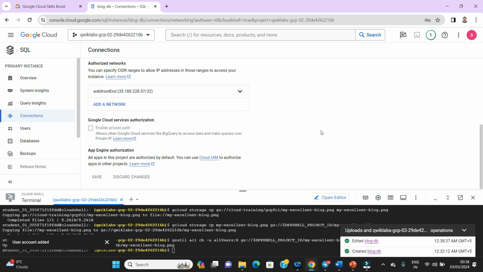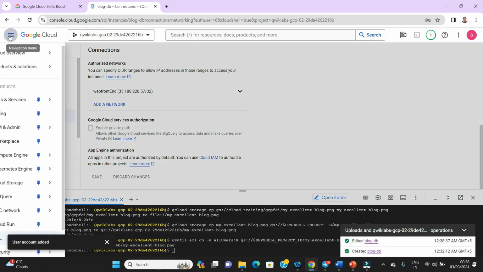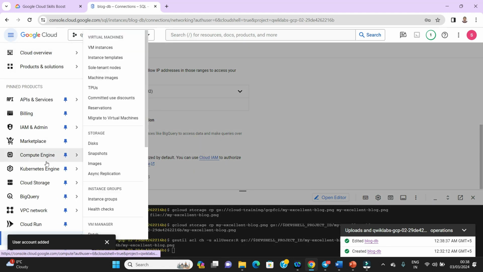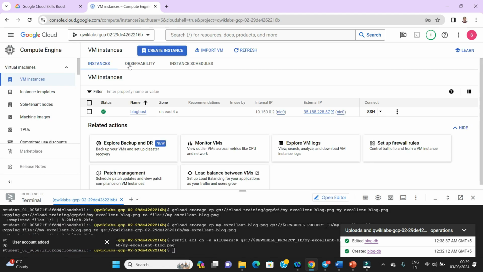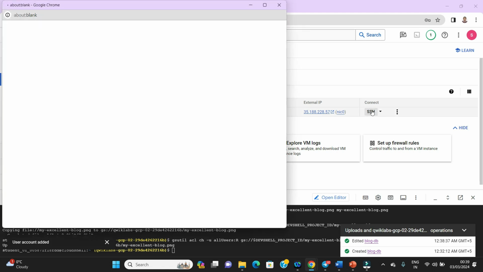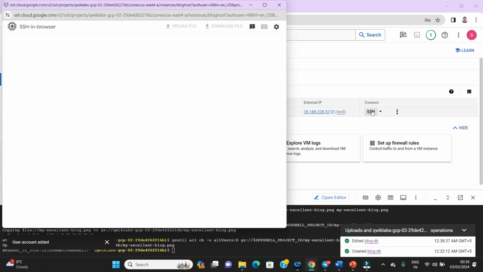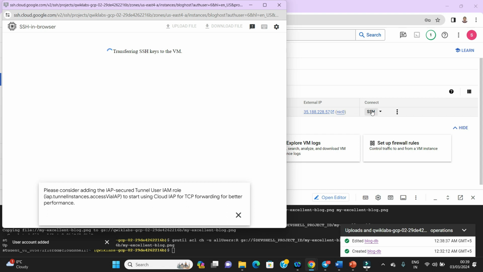So we will go to the virtual machine instances, and let's see what configuration is remaining to give this virtual machine access to our database. First we connect to the virtual machine, and we can connect using SSH. SSH is to be used for connecting to a virtual machine.